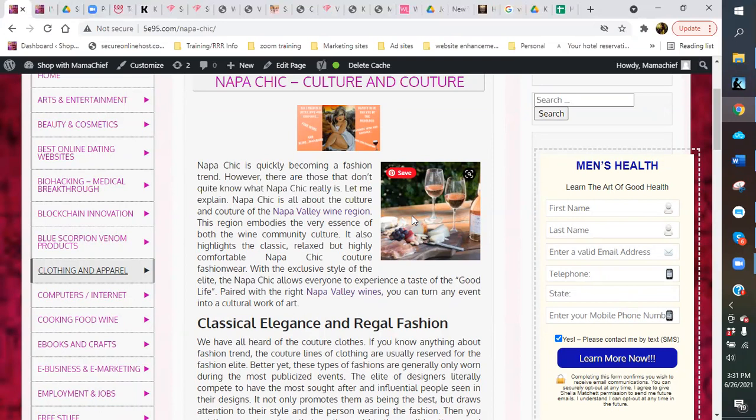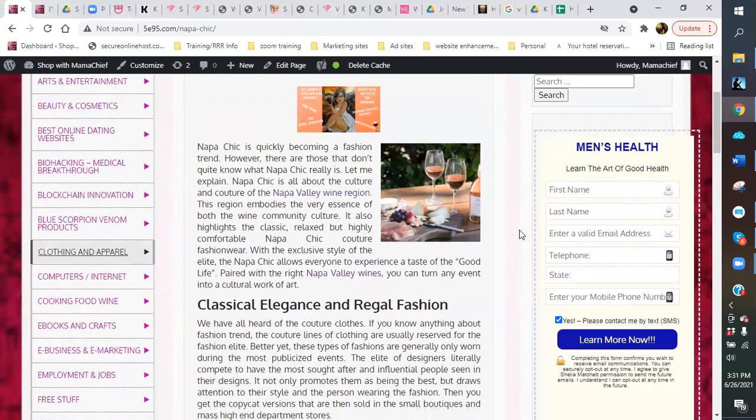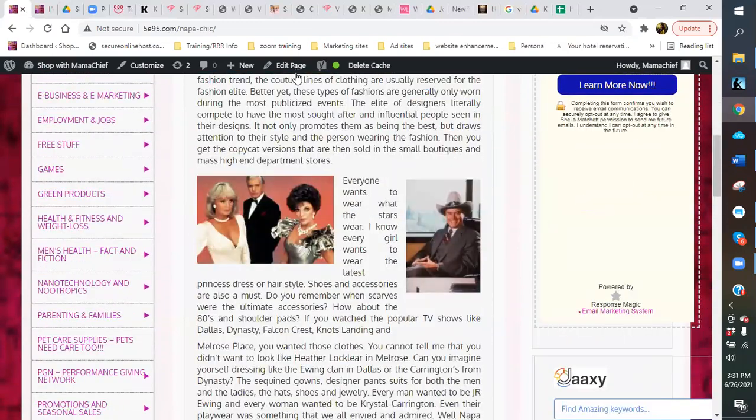So if your first image is too small, it will go through your website and choose the image that comes closest to the size requirement they need. But if you select an image that you want to represent your page, so like with this one, when you go to your edit,